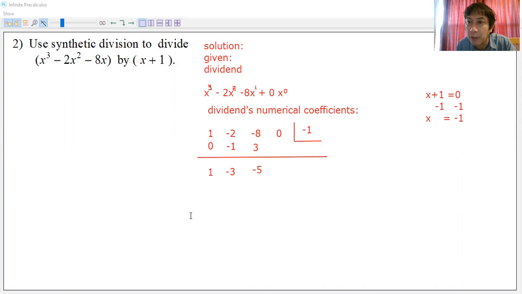And then you're back to product, multiplying the -5 and the -1. So that should be about 5. A +5. So that will be written in the next column below the 0. So the 5 goes there. And then it will be your last addition, 0 plus 5. That results to a 5 remainder. So the 5 is there, and that will be your remainder. So this number here, that will be your remainder.